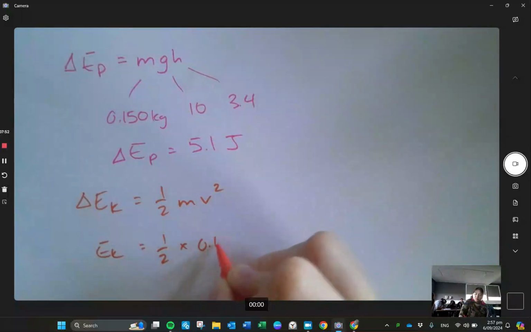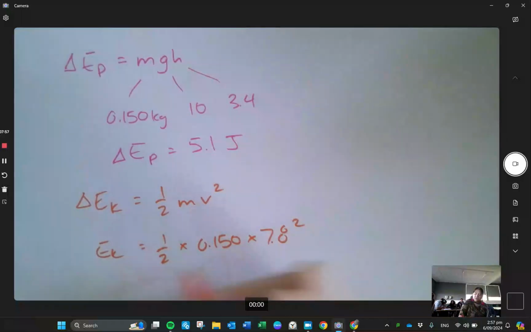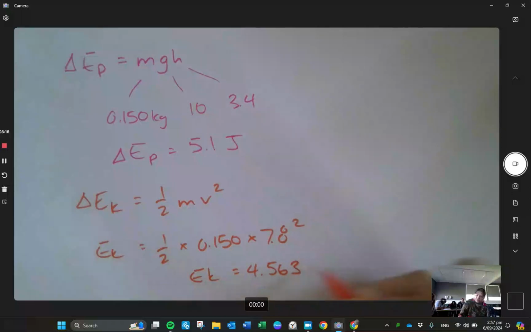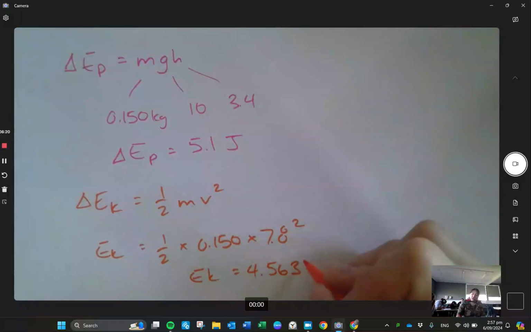Times 0.150 times our velocity, which is 7.8 squared. So that's times it by twice. So a lot of calculations when you guys are doing this one. There we go. So this one is showing that the kinetic energy is 4.563. And if we do a subtraction between these two, we can actually see how much you're getting lost in